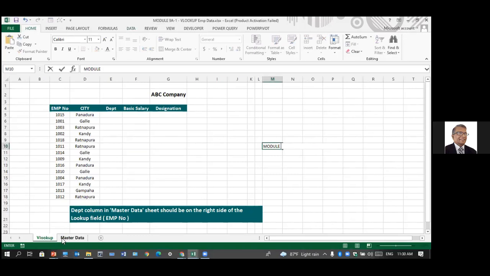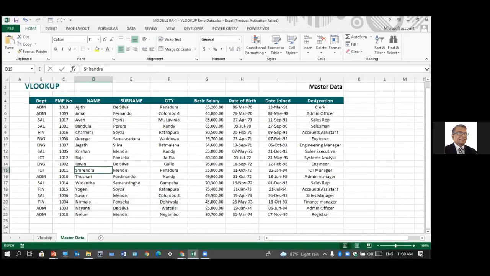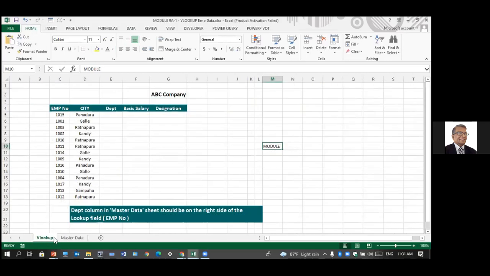This has two sheets. One has the master data. The other one I need to fill up. Why we use VLOOKUP is to bring data from another data table onto another sheet. It could be another table or just a cell. But we are bringing it from a table or a list, right? Now,